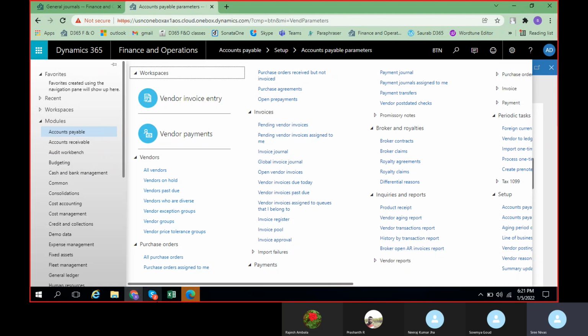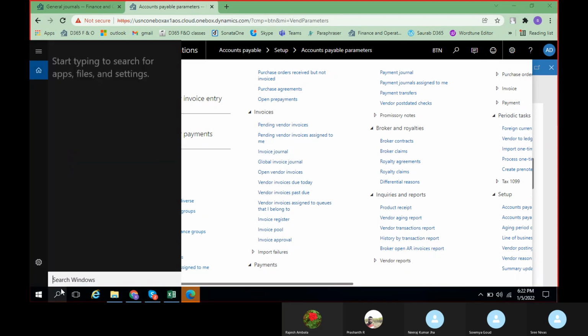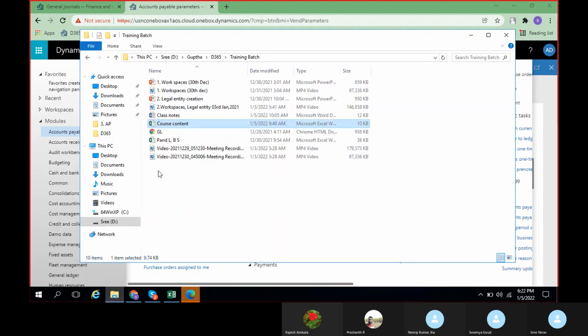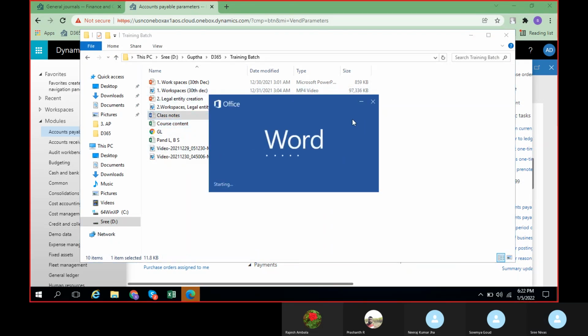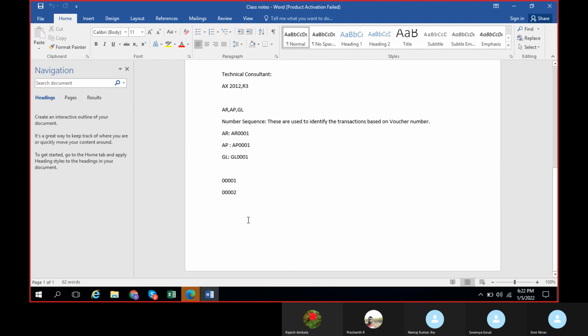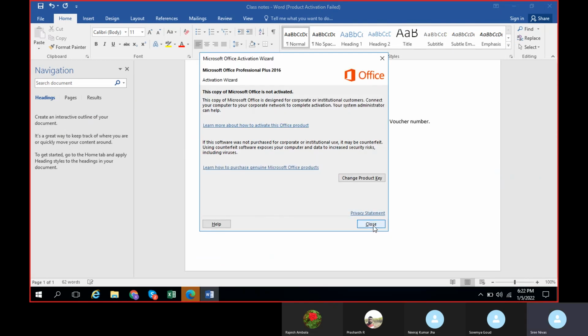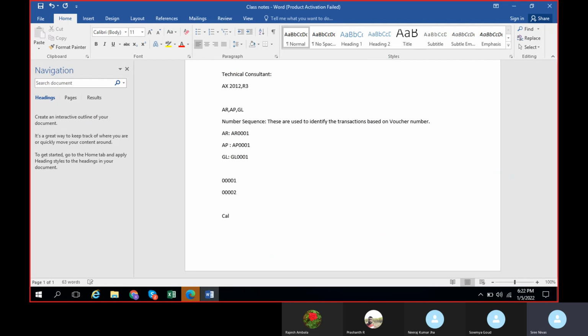We will go to the calendars. Because whenever you record any transaction, again freshly you have to create the number sequence depending on the requirement of the client.